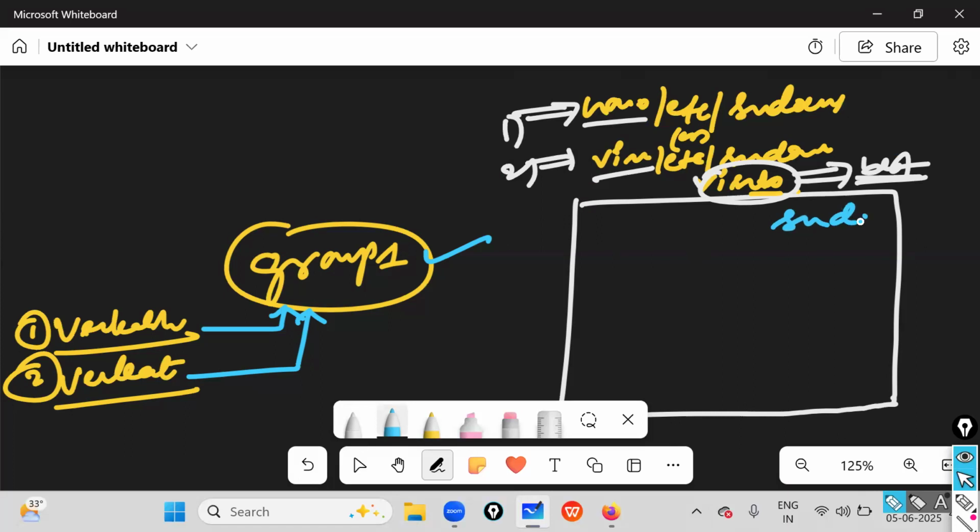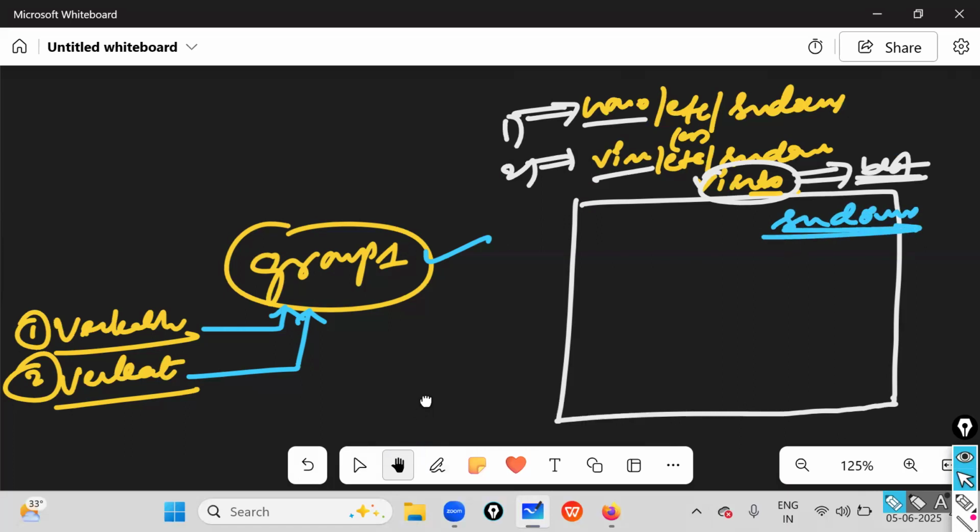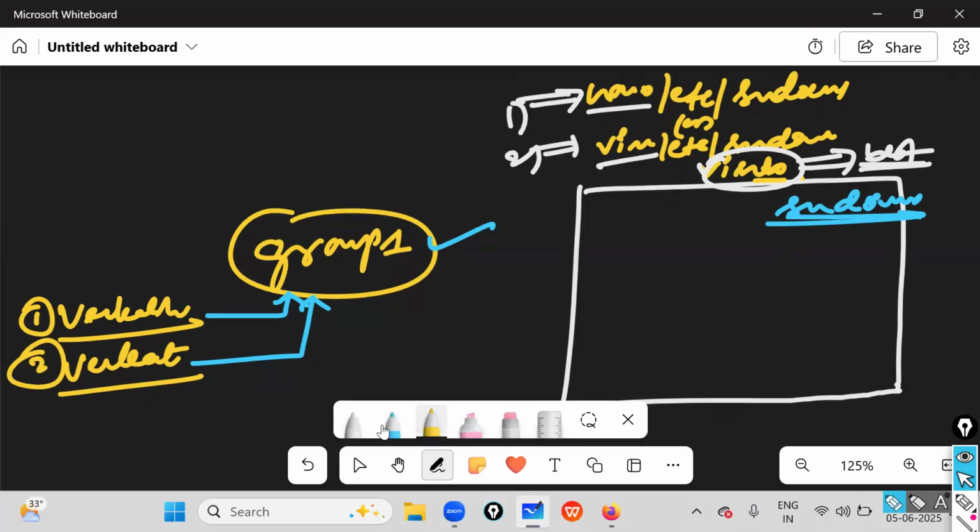This is my sudoers file. Inside the sudoers file, just add a group, group one only. Before that, we were adding members, users, but now we are not adding users. We are just adding group one, ALL=(ALL). Afterwards, I can write the commands, whatever commands I want to provide to Mr. Venkatesh or Venkat or this group, yes, I can provide.